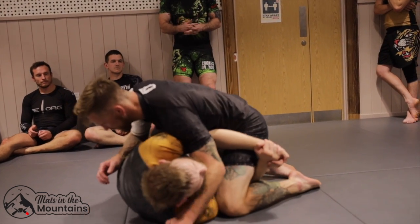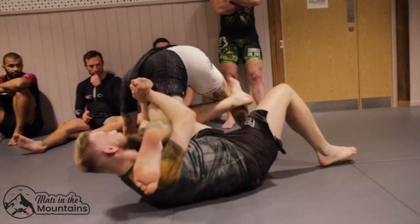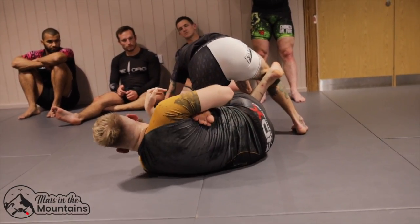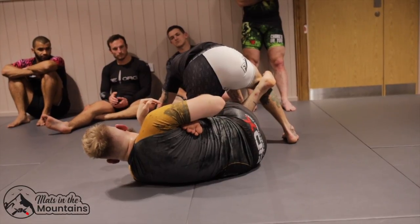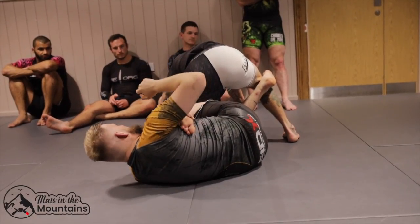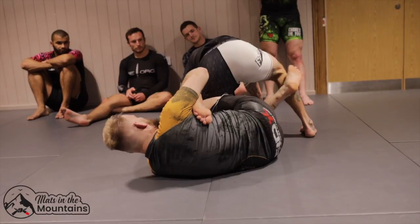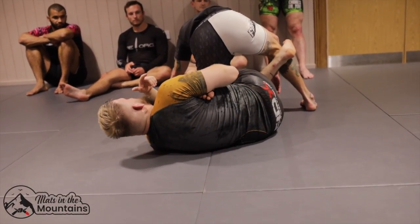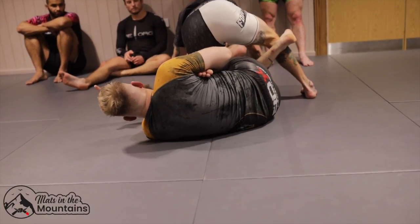Or you can start straight away as I go for this, start reaping straight off the bat, and then getting your bite for your heel hooks. Okay? So a lot of time, especially if he's based on that far leg, I keep this butterfly hook in and I'll get a bite. I might start putting some torque on it because as my opponent rolls,